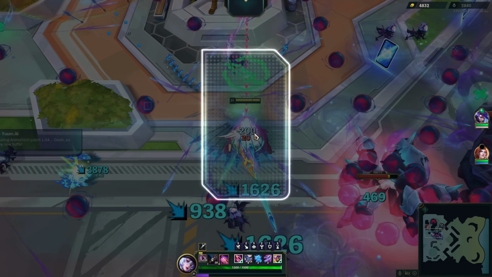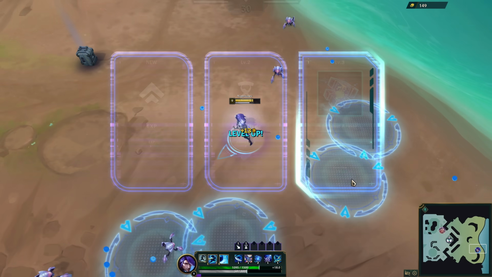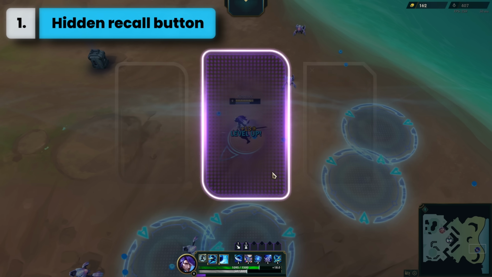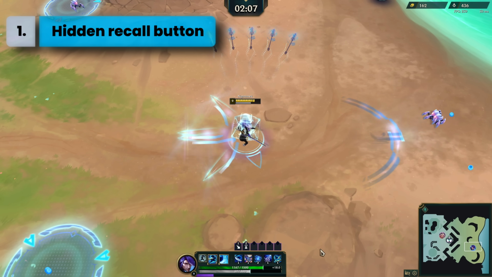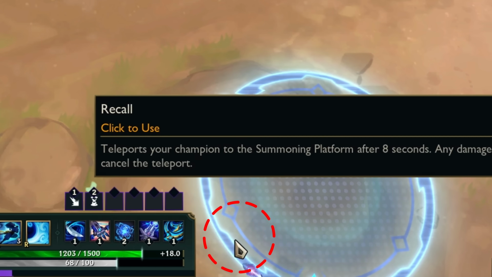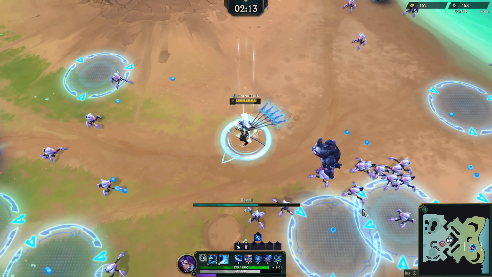I'm going to start with a tip that I'm not sure many people even know about. I haven't really seen anyone talk about it or show it off. Number 1 is that there's actually a hidden recall button next to your HUD. Depending on your interface scaling, it'll be about an inch to the right of your health bar, somewhere around here. You can click on this button to start recalling, and after 8 seconds, you'll return to where you spawned into